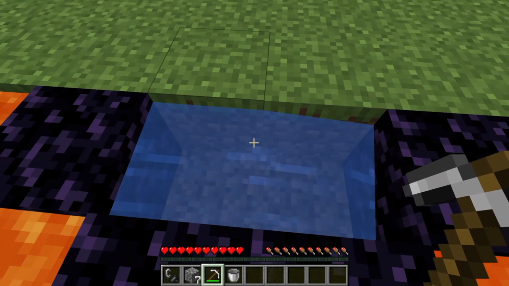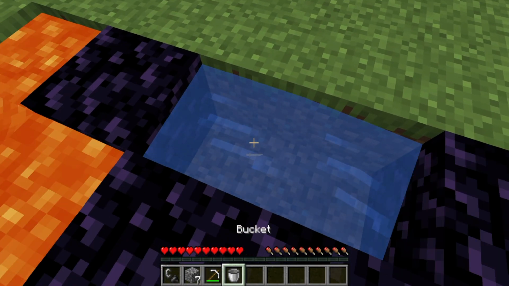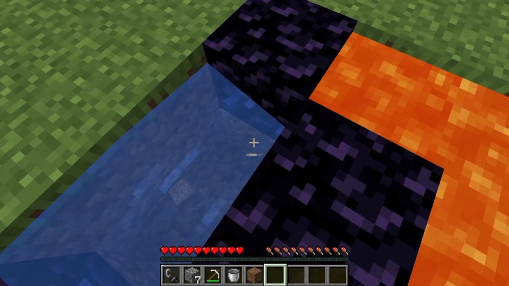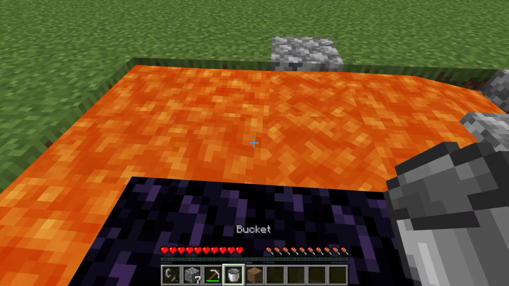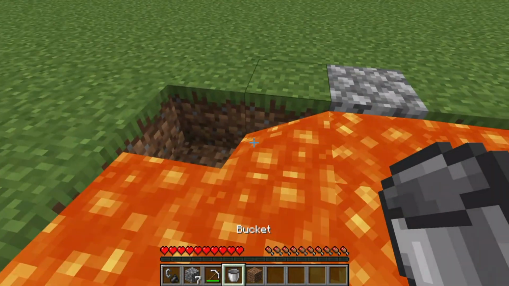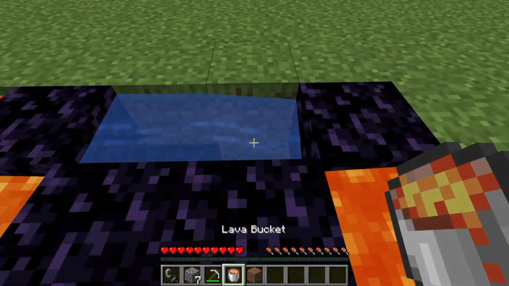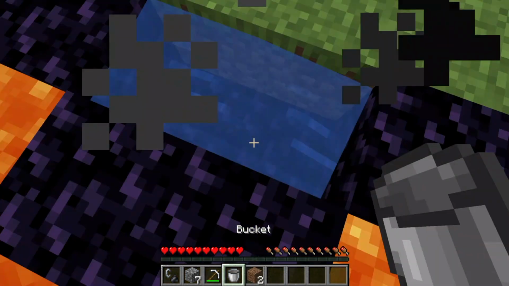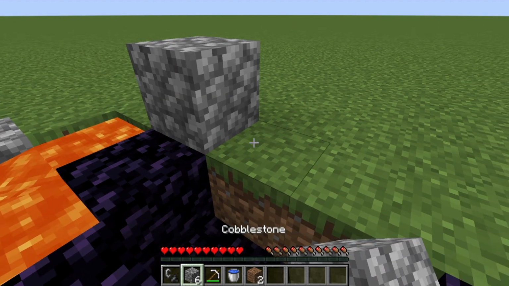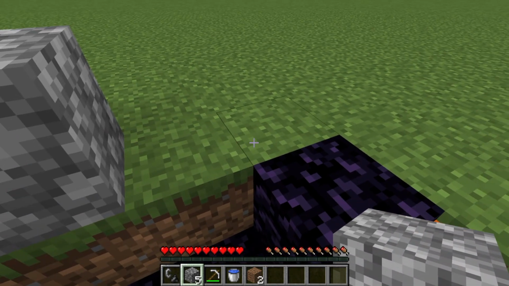Okay. Now break inside the inside and fill that up. Now you've got your base done. Pick up the water and place cobblestone over here, and